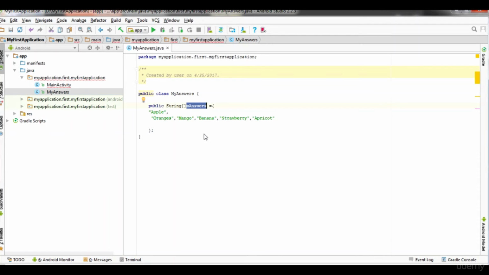So basically here after this I'll add a comment, methods, which will be called to get all answers. So this is the method. Now I'll start writing the method.